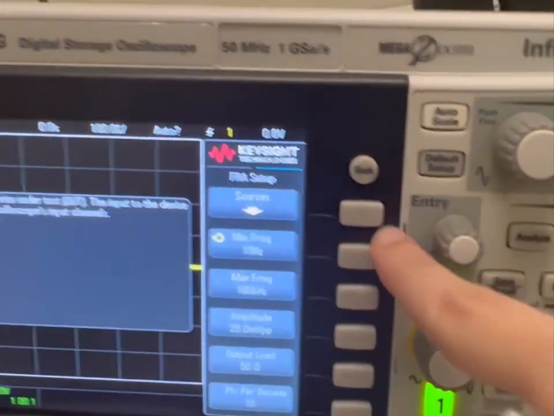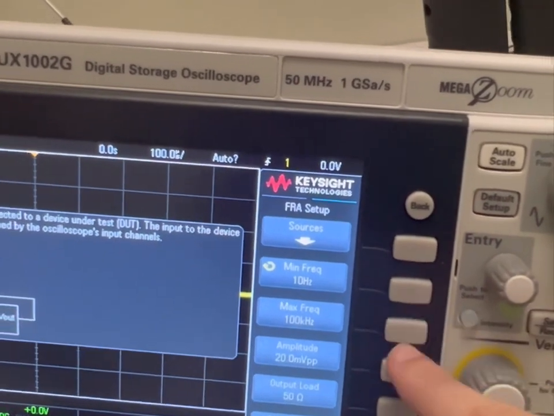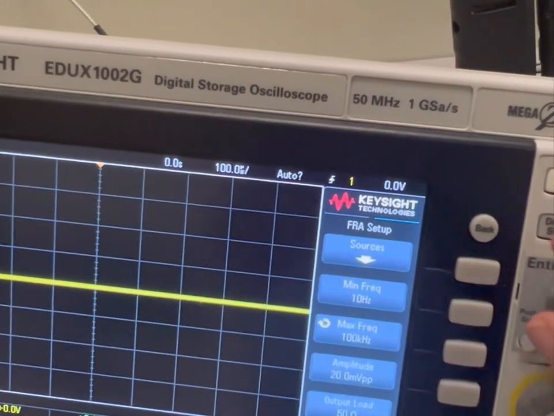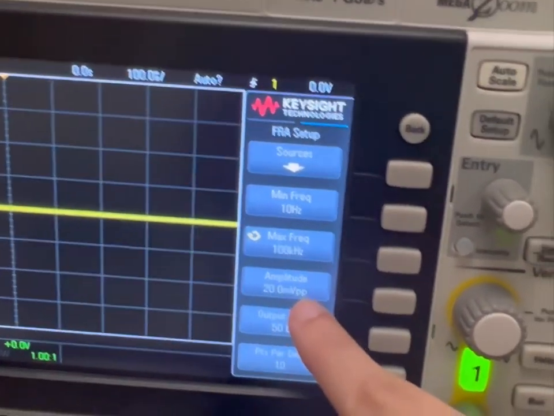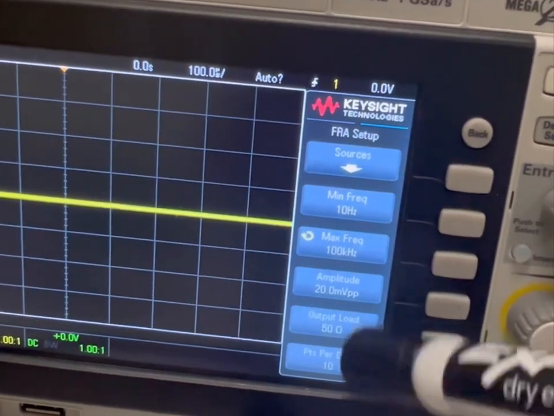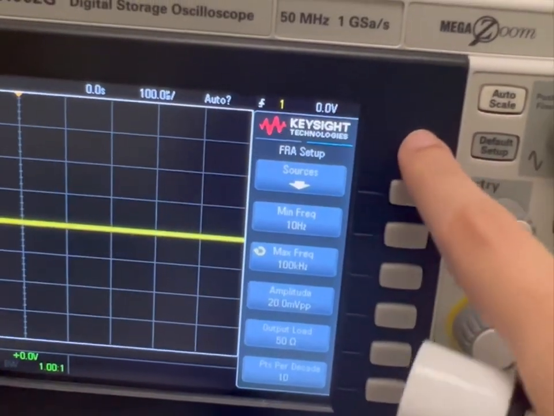We can decide about the minimum frequency and maximum frequency, so let's keep it at 10 Hertz and 1 megahertz or 100k hertz. This is going to be the amplitude. I want to show it for 20 millivolt peak to peak for now, and these are the other things that you can do. After that, you click back